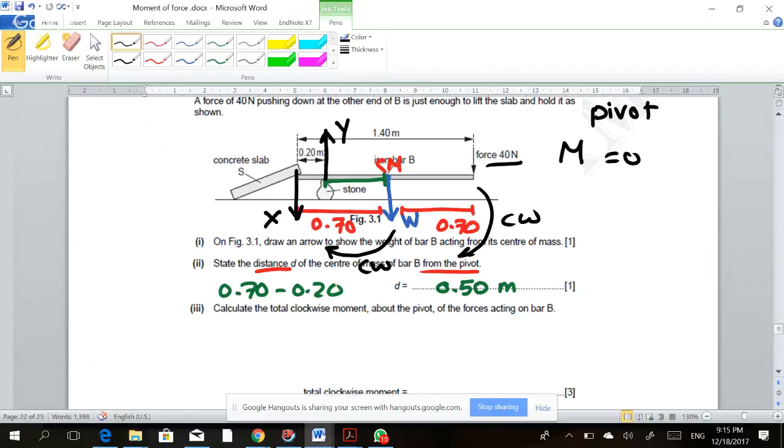So these two forces are forming clockwise moments. Now, the moment of W plus the moment of 40 equals the moment of W times